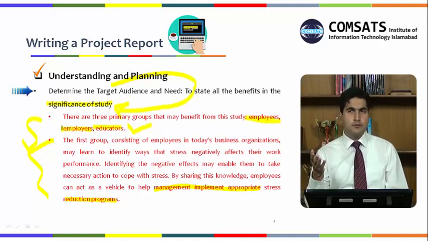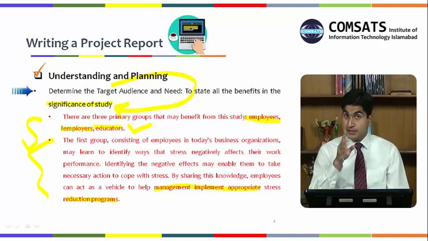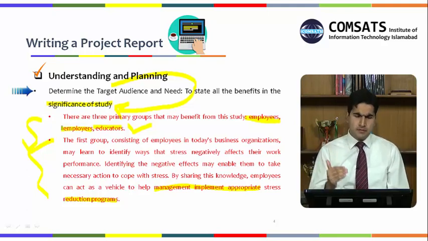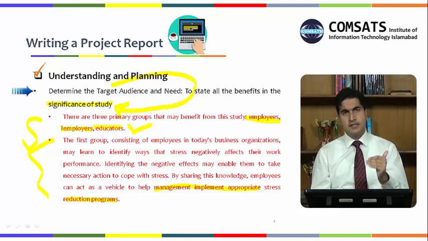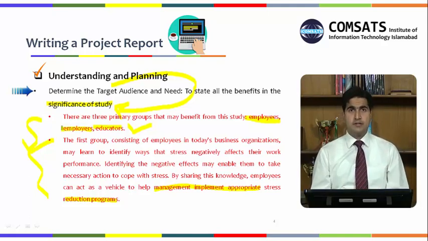The managerial readers are, of course, going to look at the executive summary, see what the findings are and which thing is more effective. So that has to be clearly written within the executive summary as well. But right now we are at the planning stage, and that's why things have to be made more clear. That is why you're going to clearly define how employers can get the benefit within the significance of the study.